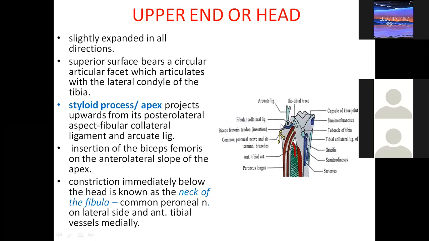And here you will see it gives attachment to certain ligaments of which joint? Knee joint. So because it is the lateral side, you will find the fibular collateral ligament. Towards the tibia medial side, if you remember, I talked about the tibial collateral ligament. Similarly, here at the apex, we will have the fibular collateral ligament. We will talk about this arcuate ligament, fibular collateral ligament when we are doing the knee joint. Okay.